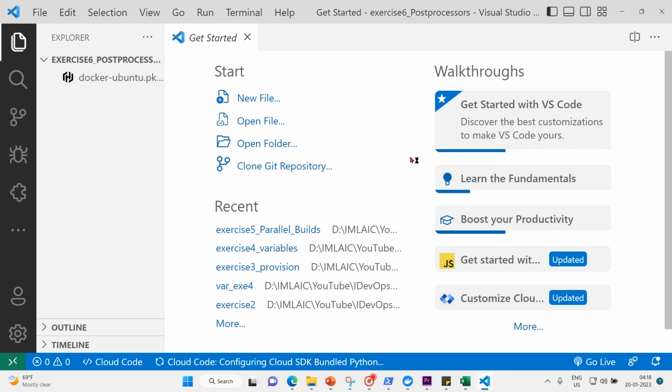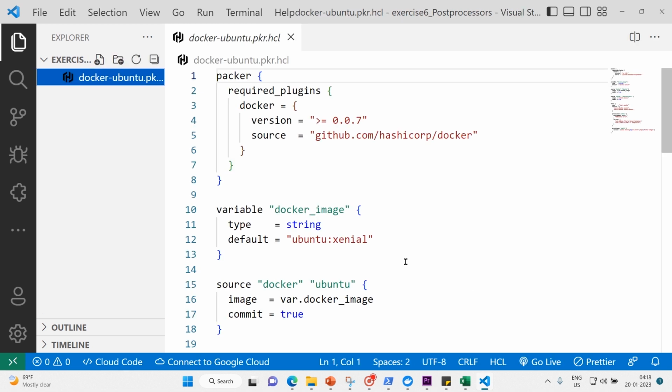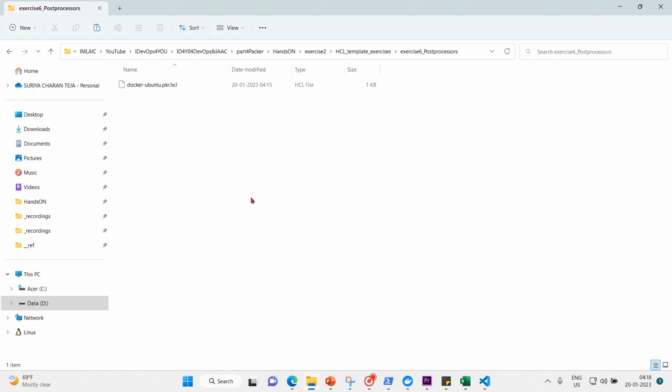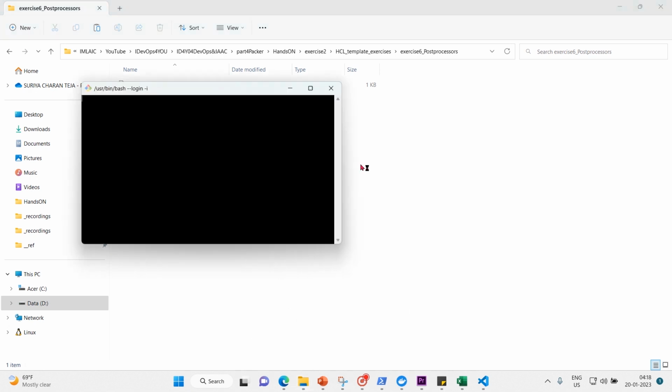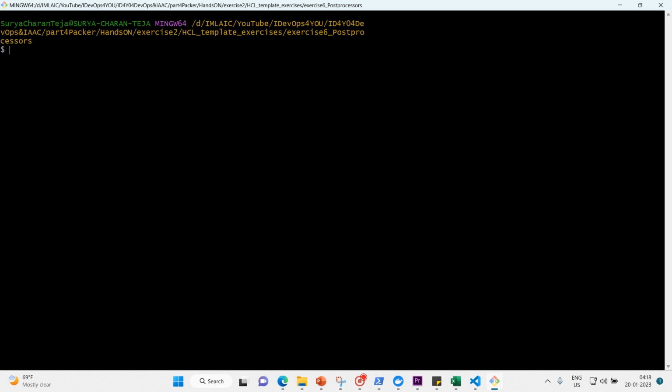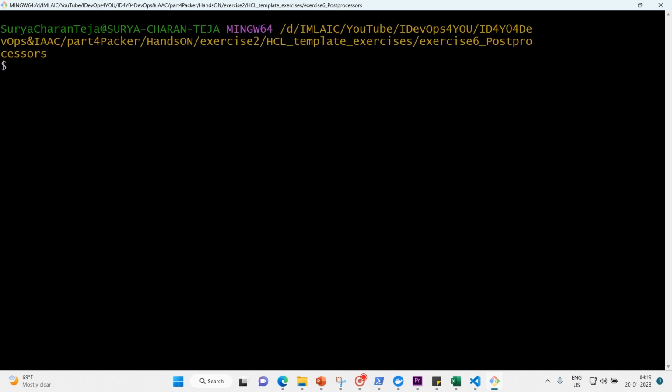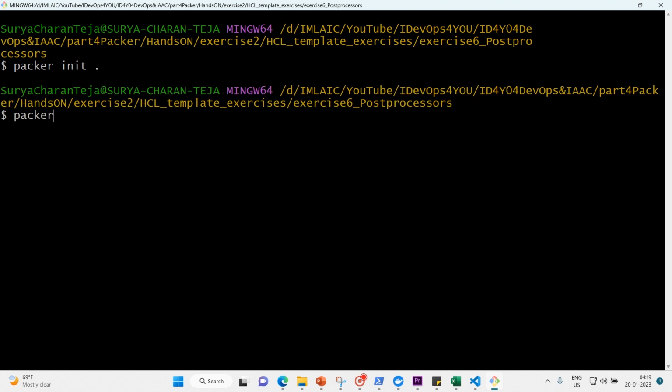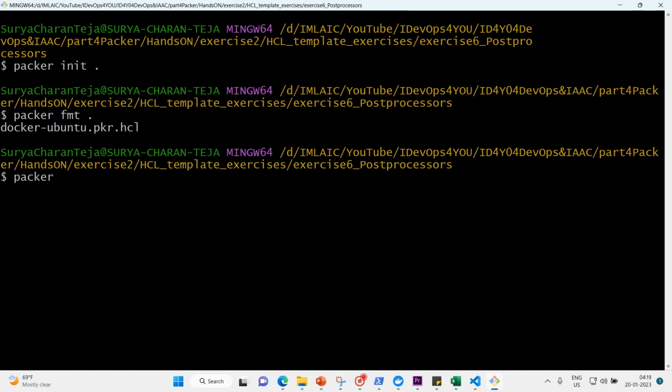But before that let me initialize Packer. For that I will open git bash. So packer init, done, fantastic, no problem at all, superb. Packer, and then validate,